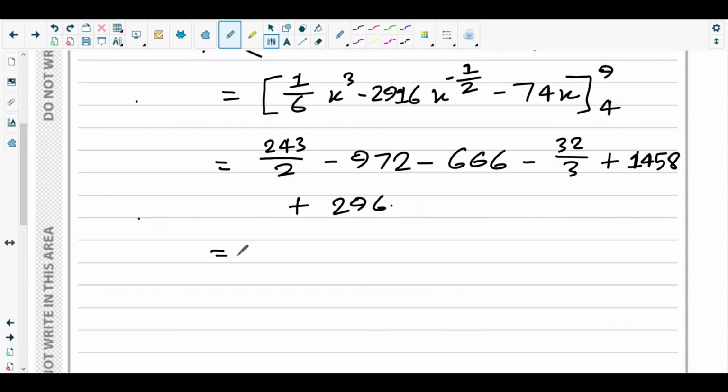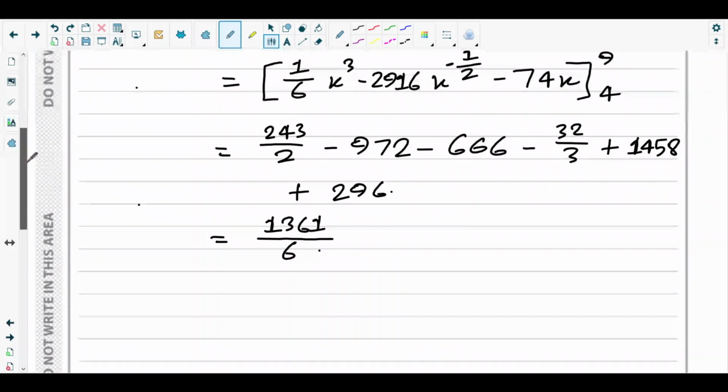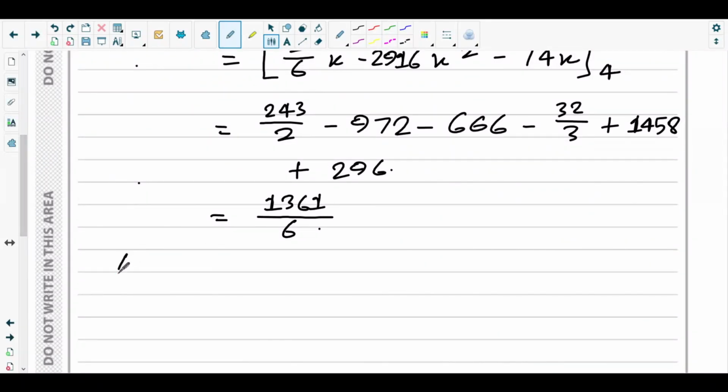So it will give you 1361 over 6. So this is the area between the curve and the x-axis. So the area of region R would be what? The area of region R would be